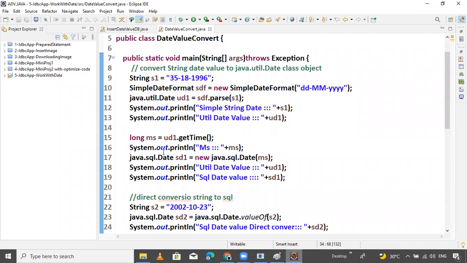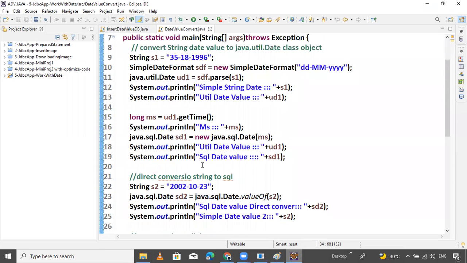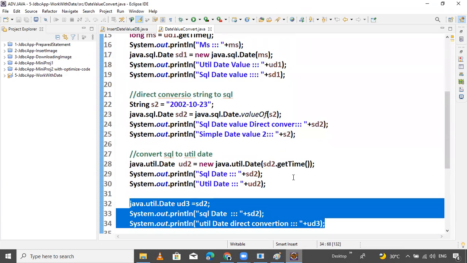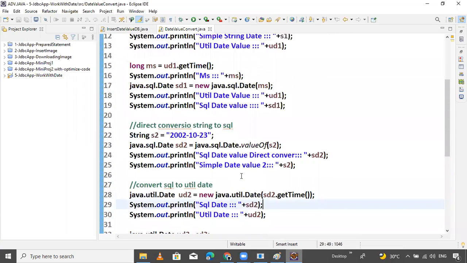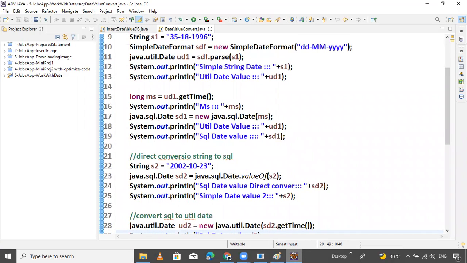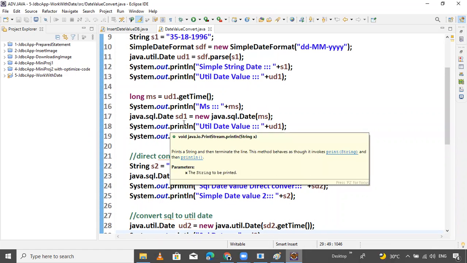Okay, here you can pass it. Like pass java.sql.